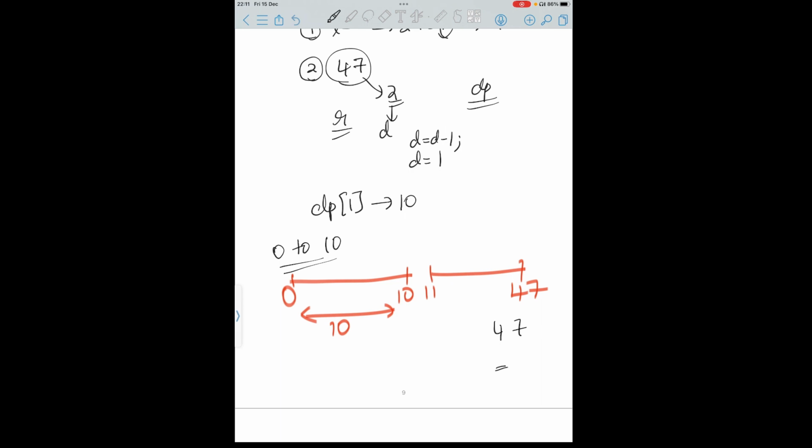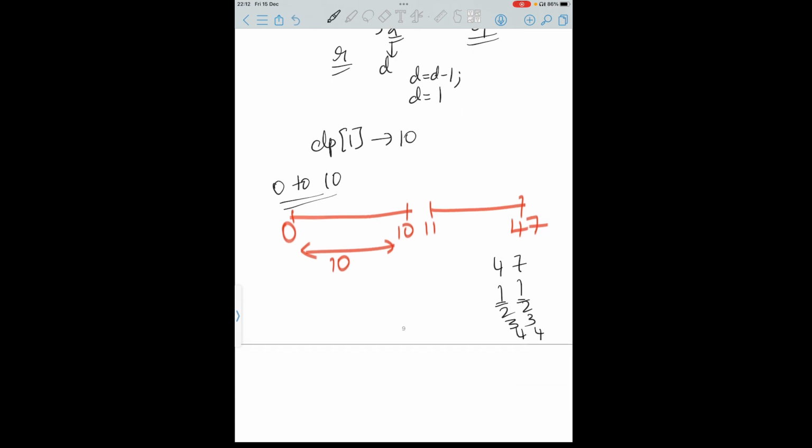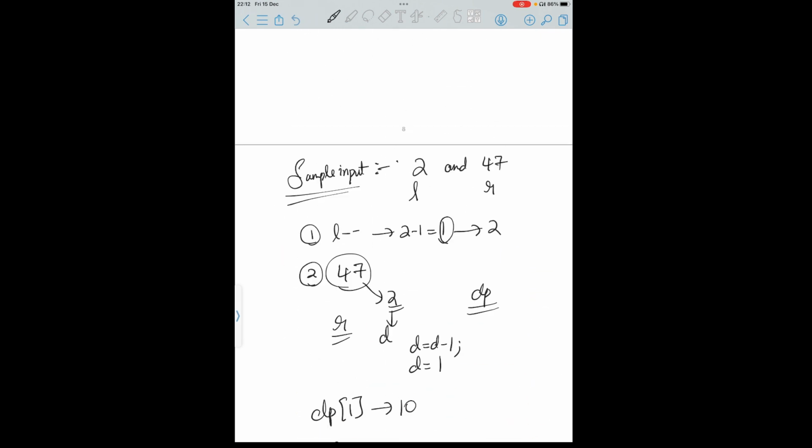It's simple to apply on a two-digit number rather than considering single-digit numbers too. Suppose for 47, the two-digit numbers that satisfy the property are 11, 22, 33, and 44. You don't have to care about the one-digit numbers. You only have to care about the two-digit numbers. So for 47, the answer would be 10 from 0 to 10. From 11 to 47, there are four such numbers. These four, so 14. The answer for 2 and 47 would be